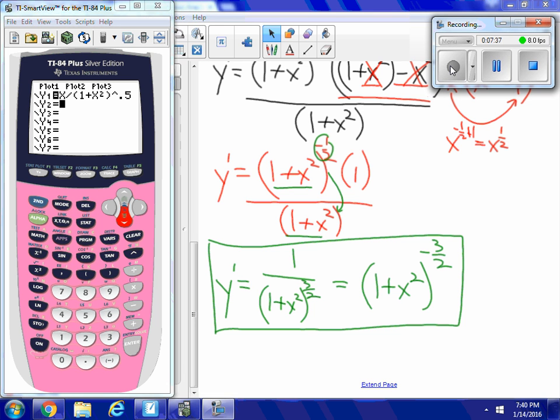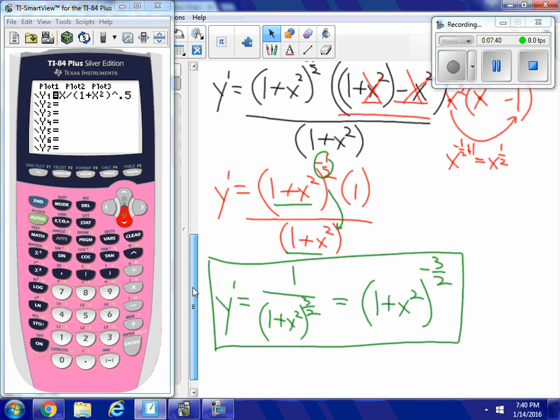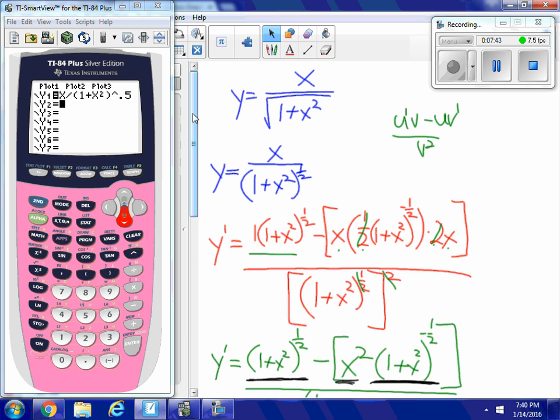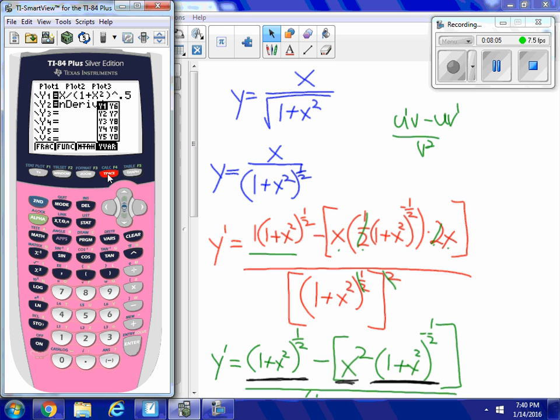I'd like to check my answer on the calculator, so I put my original equation into the y equals. You can see I made it to the caret 0.5, which is the same thing as to the caret 1/2, the same thing as the square root of 1 plus x squared. And now I want to put in the graph of the derivative of this function. So alpha f2, 3 for n derivative, and I want to make it of my y1, so alpha f4 y1. I want the derivative with respect to x, and instead of an actual value, I want all my x values. So I put a parentheses there. And